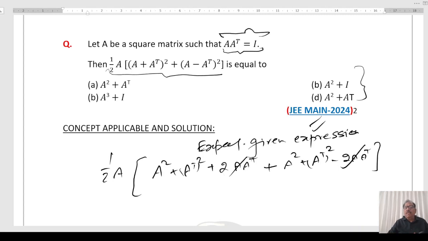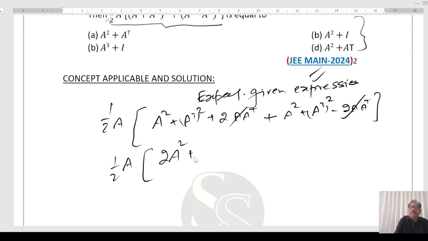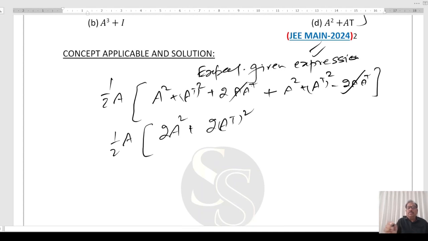Right? Now half into twice A square plus twice A transpose whole square. Twice cancel out, and on expansion